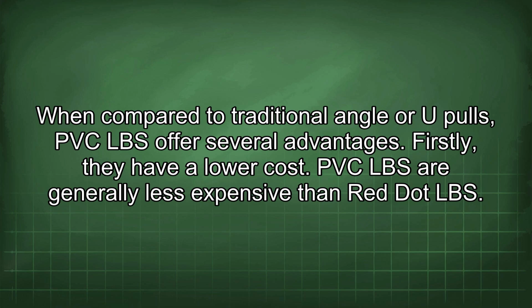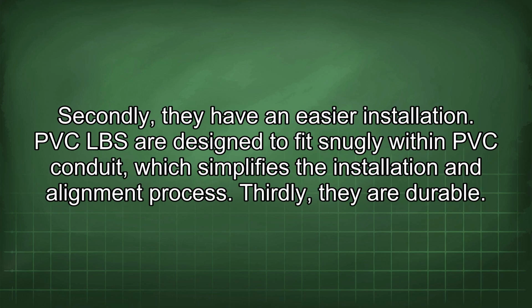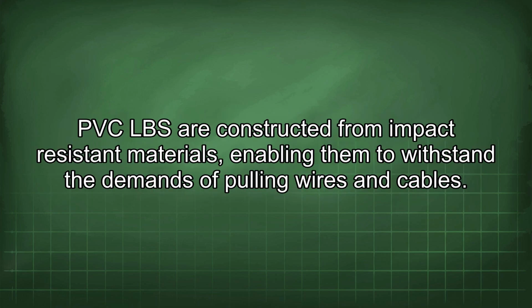Firstly, they have a low cost. PVC LBS are generally less expensive than Red Dot LBS. Secondly, they have an easier installation. PVC LBS are designed to fit snugly within PVC conduit, which simplifies the installation and alignment process. Thirdly, they are durable. PVC LBS are constructed from impact-resistant materials, enabling them to withstand the demands of pulling wires